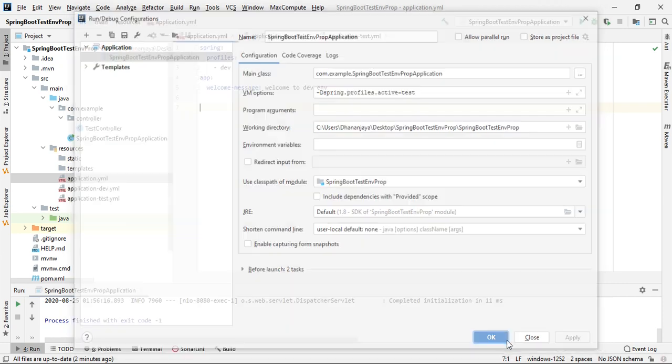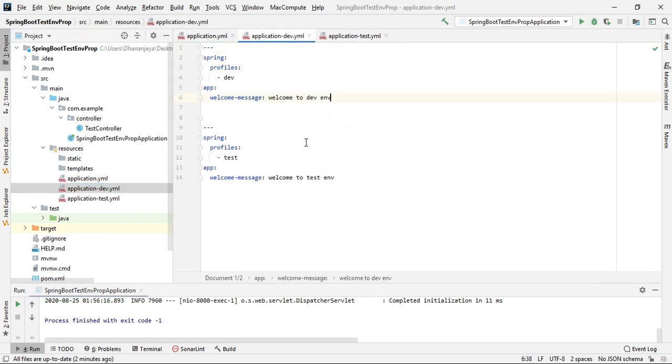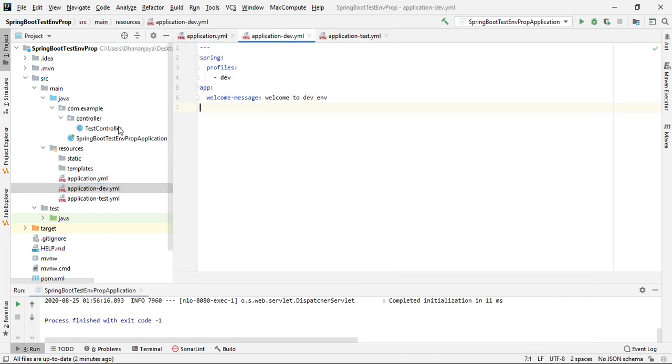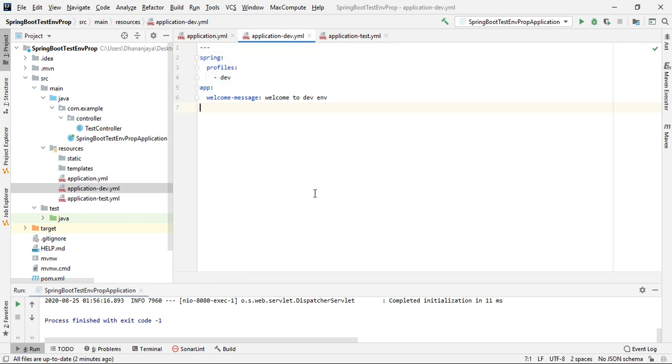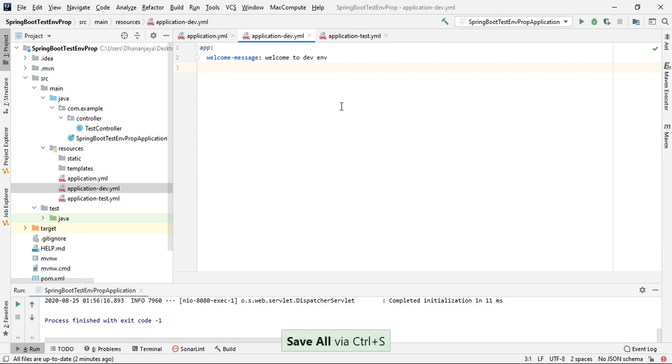So let's test. Okay, in the dev environment we have a different value, so delete this one. No need to define this. If you are opening application-dev.yml, no need to define spring.profiles.active, because application-dev.yml means spring profile will be pointing to dev.